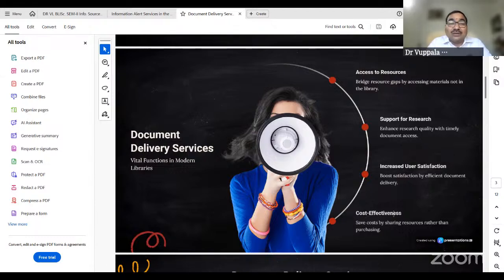So earlier I told you, the INFLIBNET Centre. The INFLIBNET Centre also provides all the online databases and e-resources for all the Indian universities. So through consortium. Okay, so for